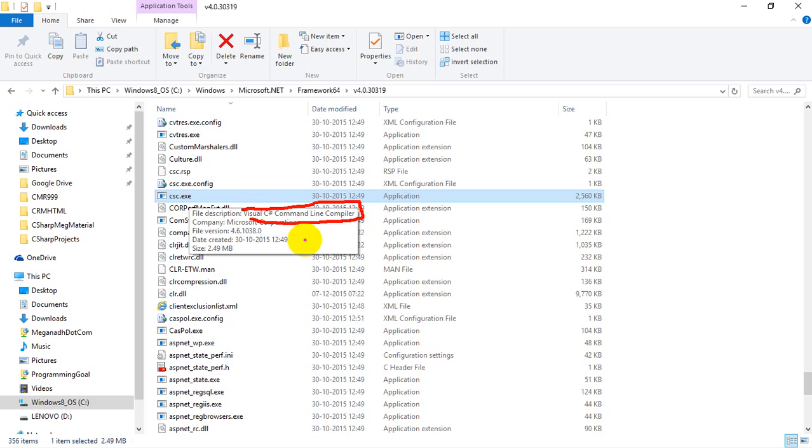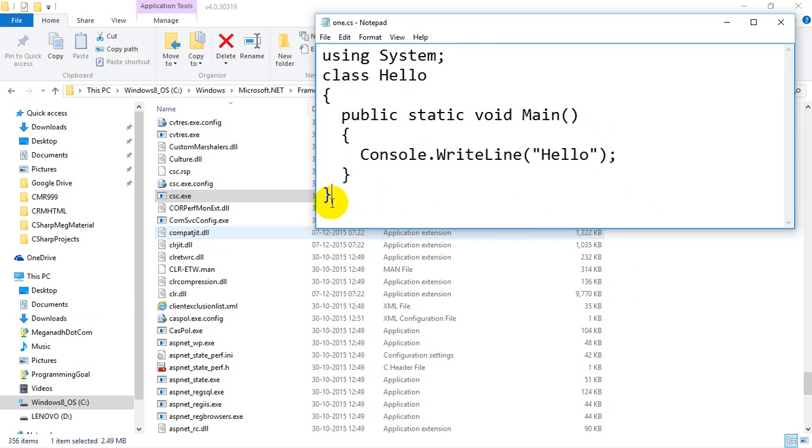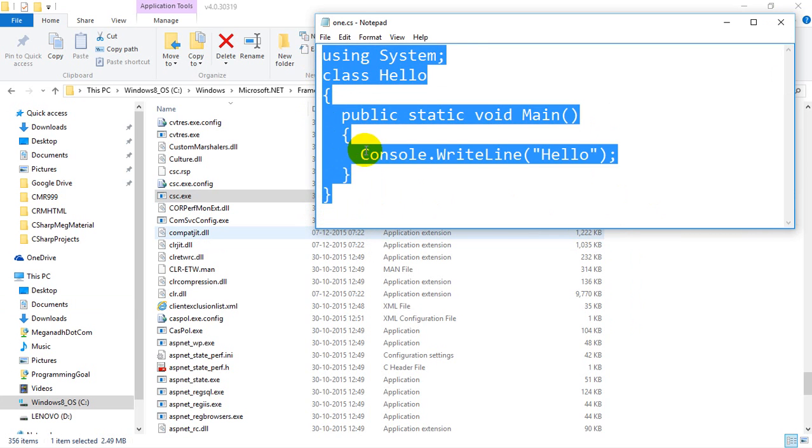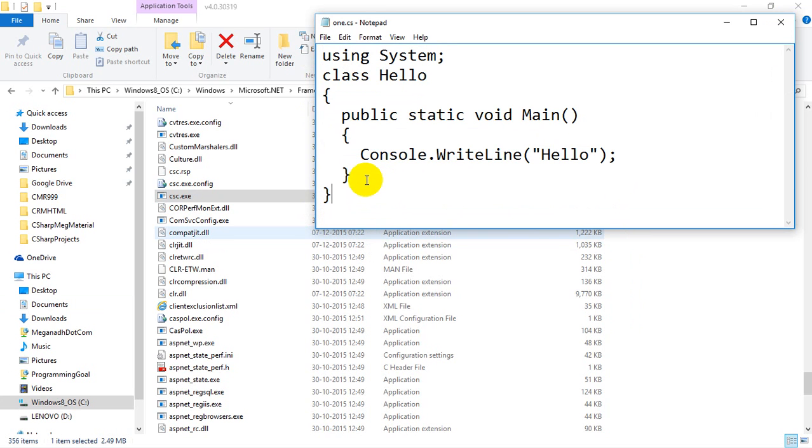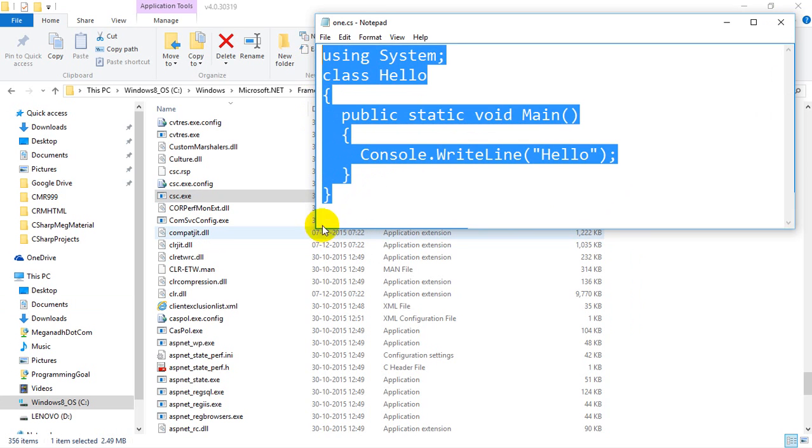So basically what the compiler does is check for errors in the program and show us if any errors are there, and if no errors are there, it'll convert it to an exe file. We have written a C# program in a high-level language, that is, user-understandable language, but the system will not understand this, so we need to convert it to system-understandable language, and that will be done by the compiler. The compiler acts like a mediator between this code and the exe.